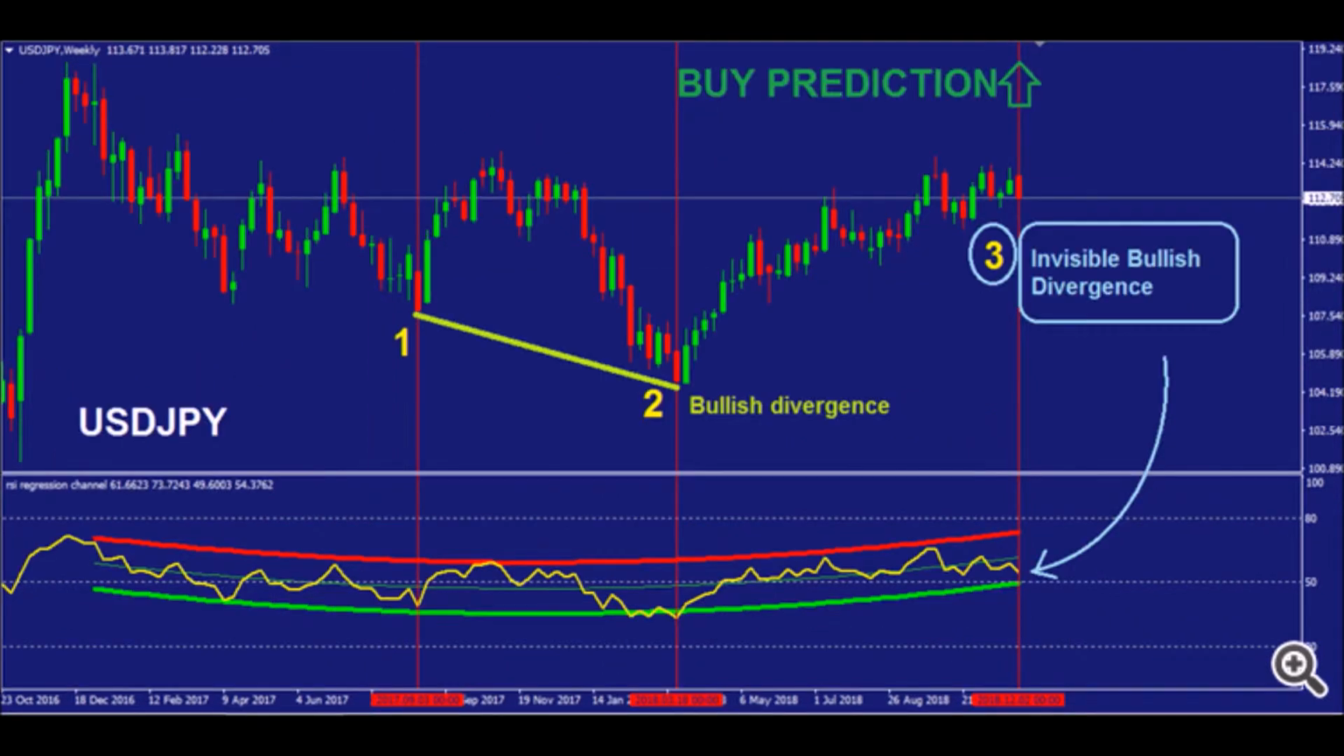With it, all manual traders and professional traders can do divergence trades and convergence trades on the price chart